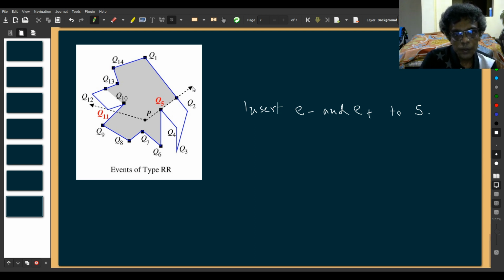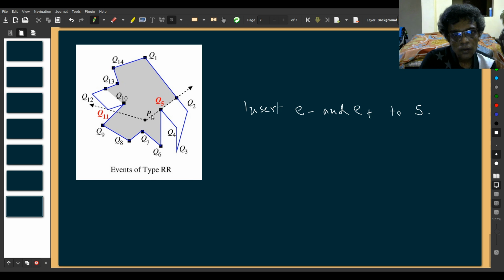For that I have to be a little bit futuristic. I will compute this angle PQ5, Q6 and PQ5, Q4. Whichever is smaller, in this case PQ5, Q6 is smaller, so this will be inserted before E